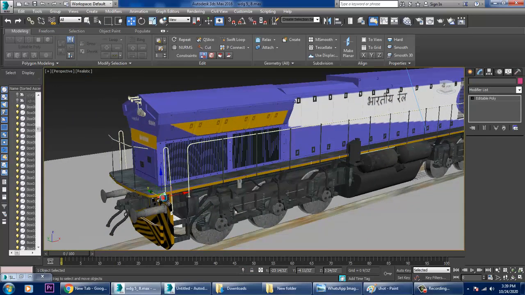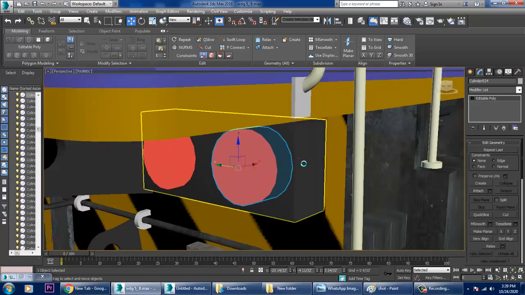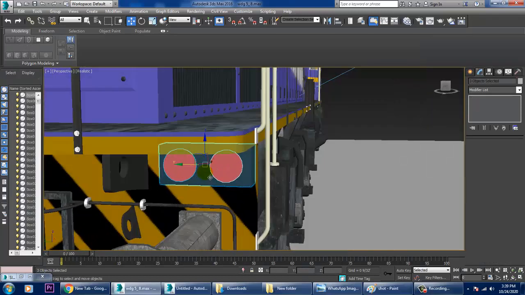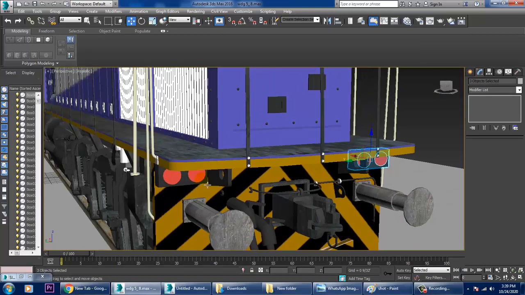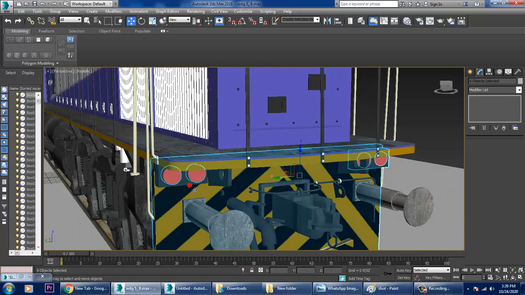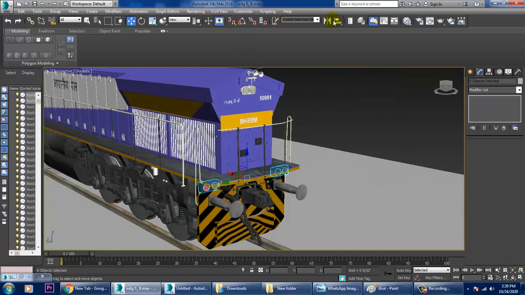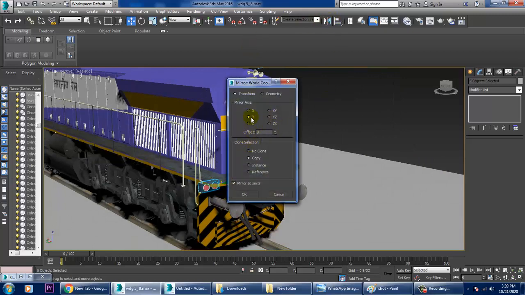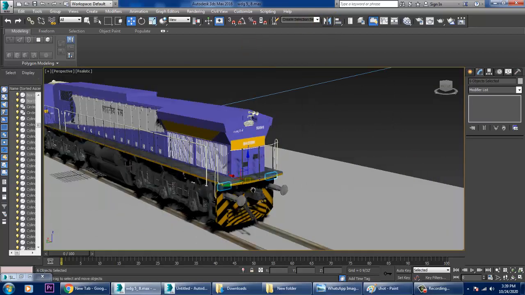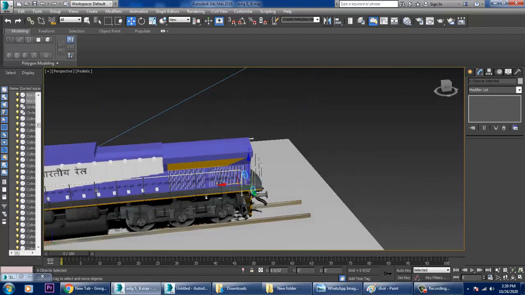Select this over here. Select this, and this. Select this, and let's just mirror it on the x-axis, and let's just push it over here.